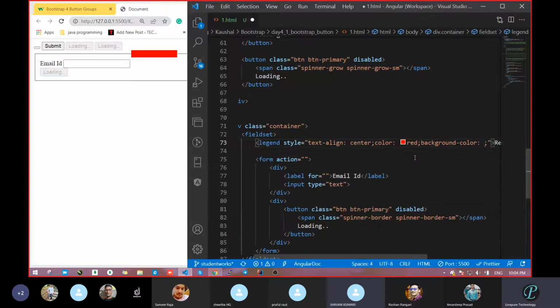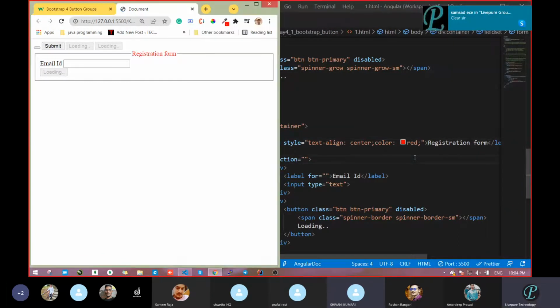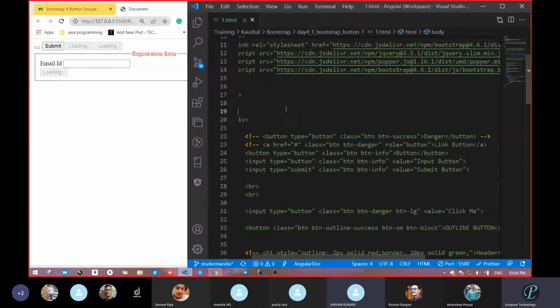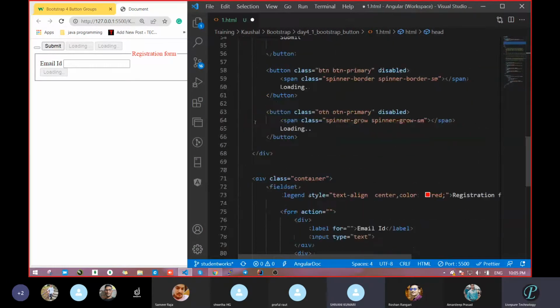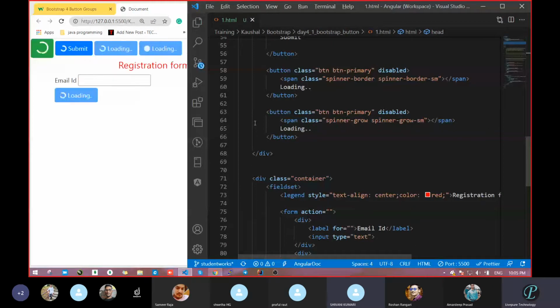Okay, it will not come there. It will give it that itself only. Okay, let it be. So with the help of that, we can get that in the center. Now go with our Bootstrap. No need of field set. That is what I want. Okay, this field set is gone. It is clear.